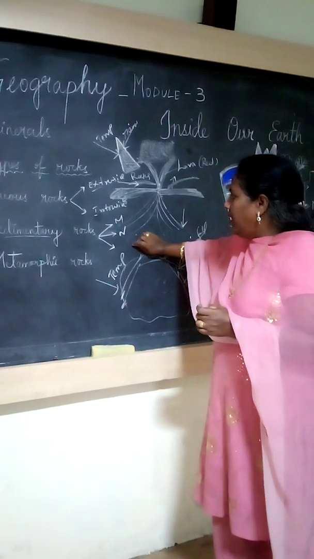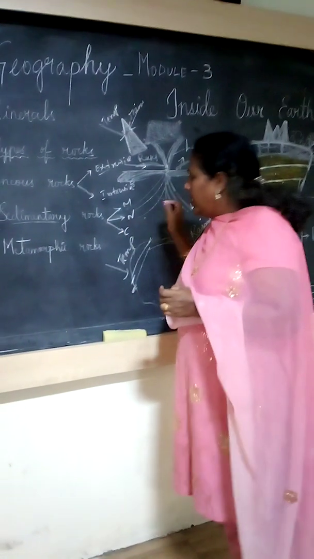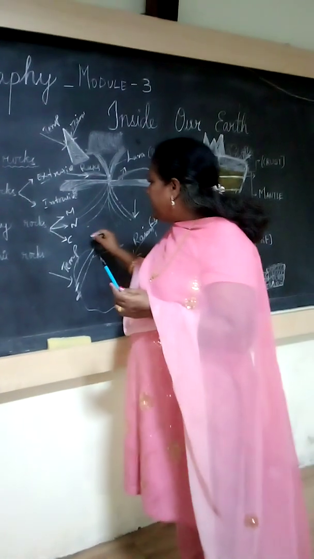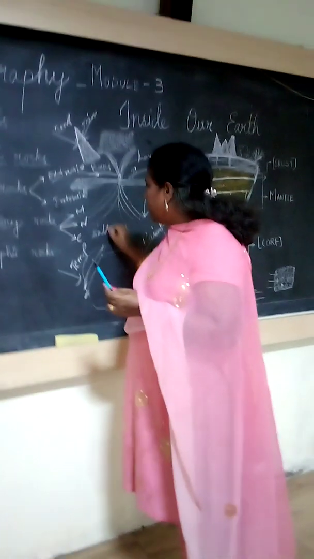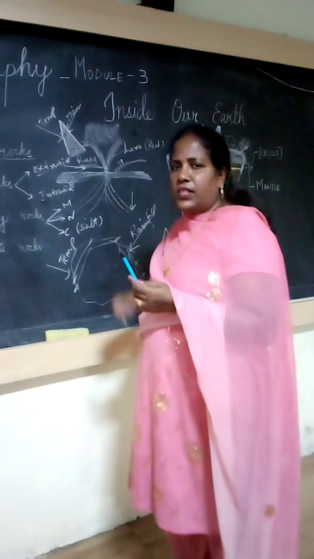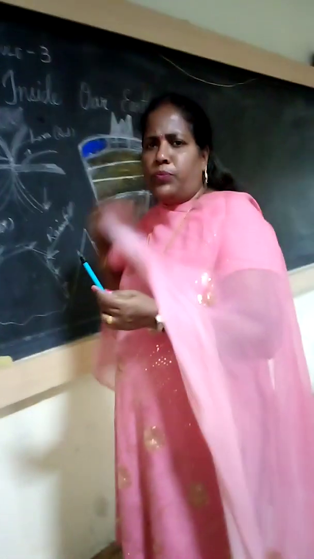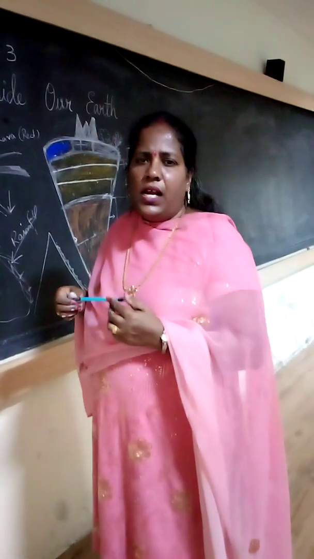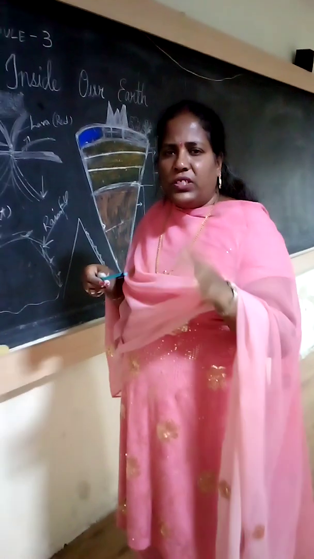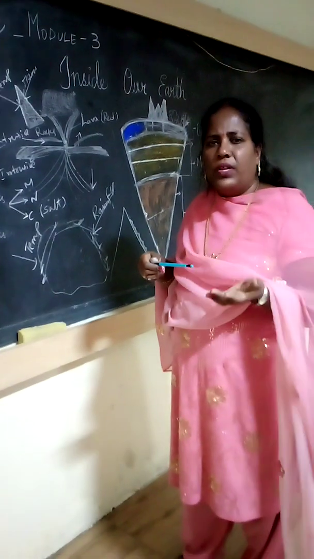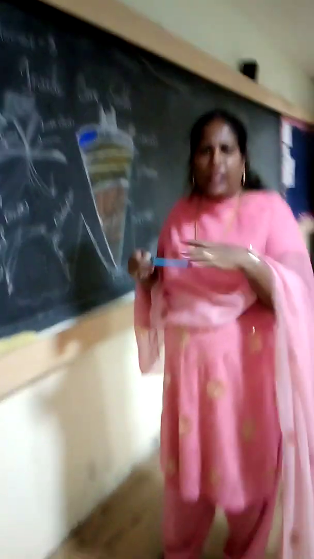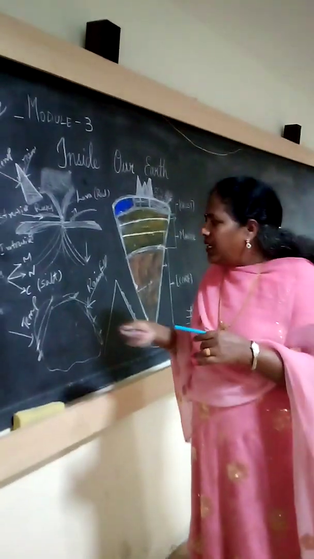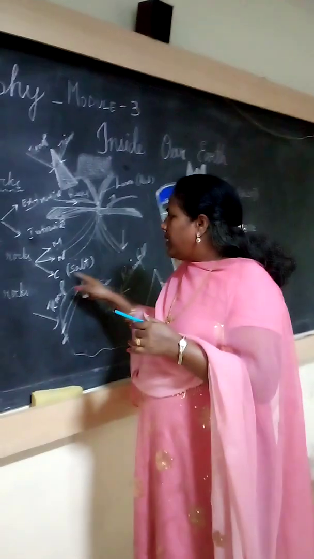Next we see the chemical process. Sedimentary rocks are also forming in the chemical process. Salt is the best example here. Salt is also one mineral. How is the salt forming here? By the evaporation process. Evaporation means ocean water will evaporate, and only the solid part remains, which is the salt. Salt remains down. So here in the chemical process, salt is there.